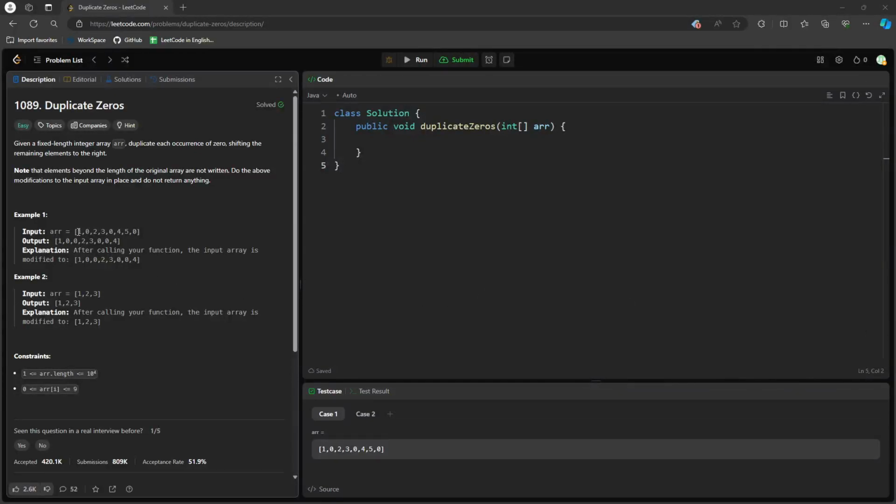Hi, so this question is Duplicate Zeros. You are given an integer array, and you want to duplicate each occurrence of 0, shifting the remaining elements to the right. So in this question,